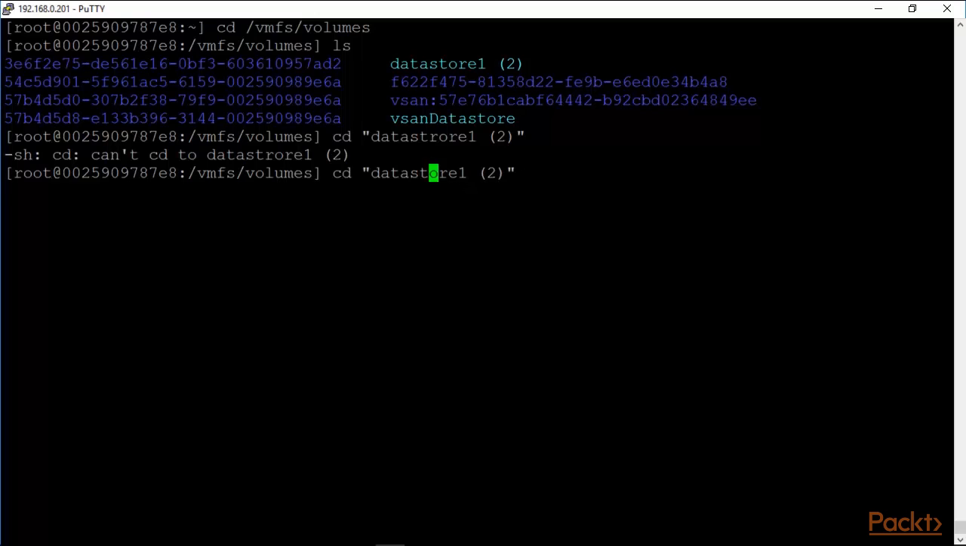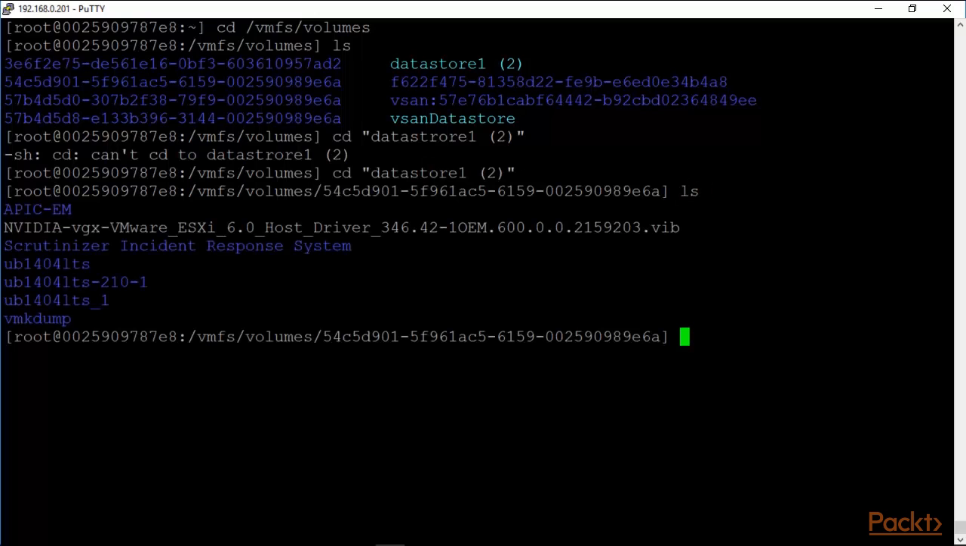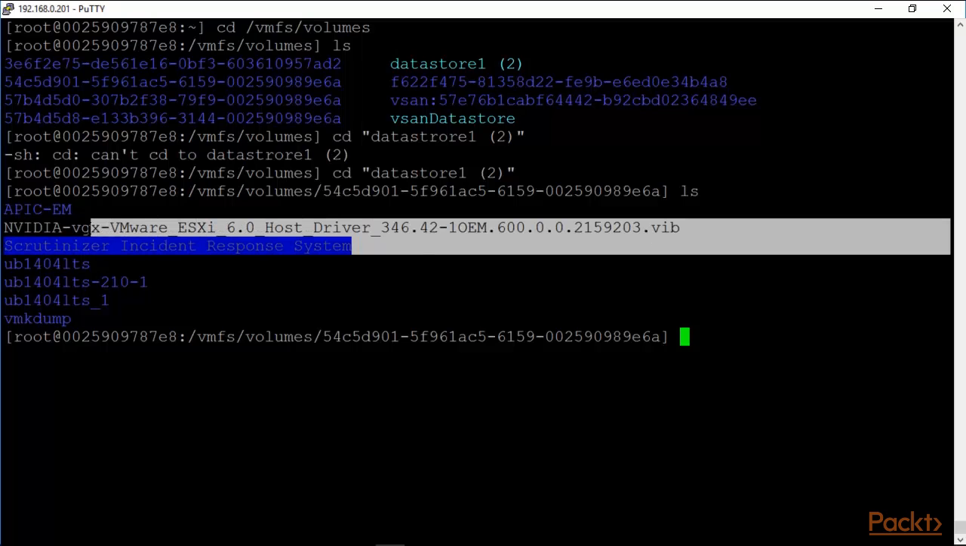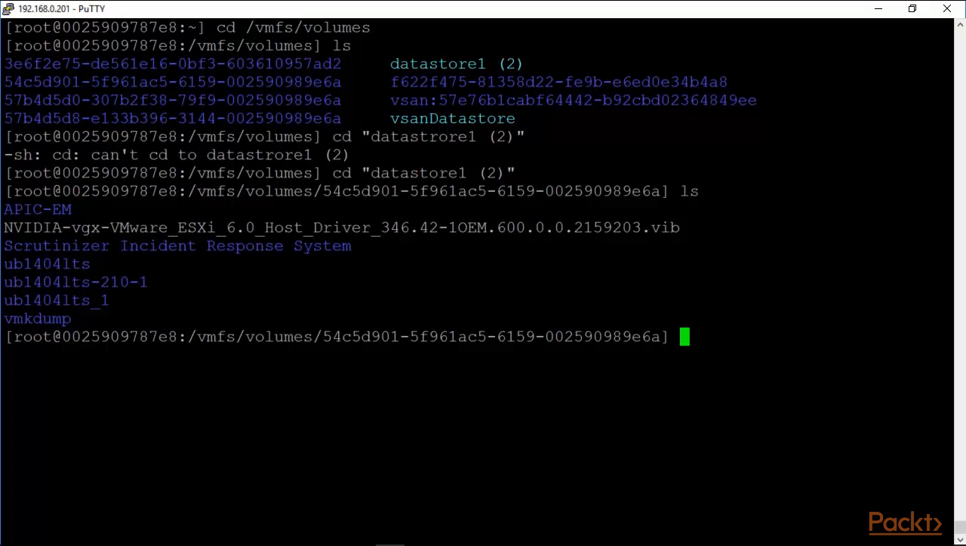Here we go. Okay, I do an ls on that, and as you can see, the web file is now available to us, and we have the full path for this file as well. The full path for the file is, of course, /vmfs/volumes/ and we can replace this string with datastore1 within parentheses 2, and then of course the NVIDIA file name. So the command that's used for installing software webs, virtual infrastructure bundles, are these